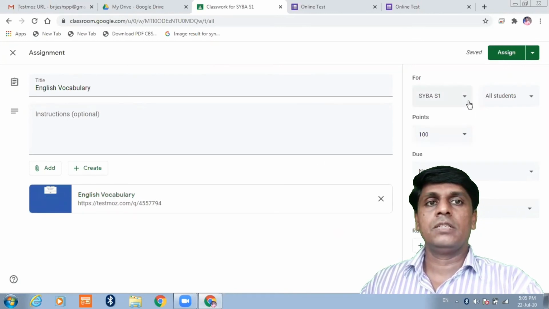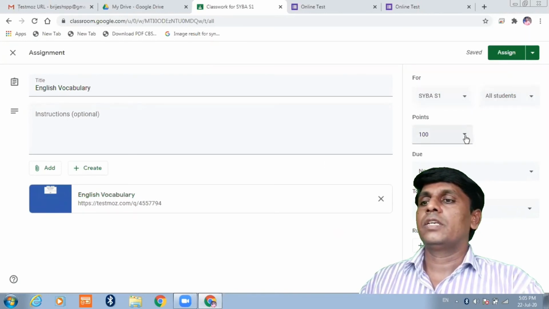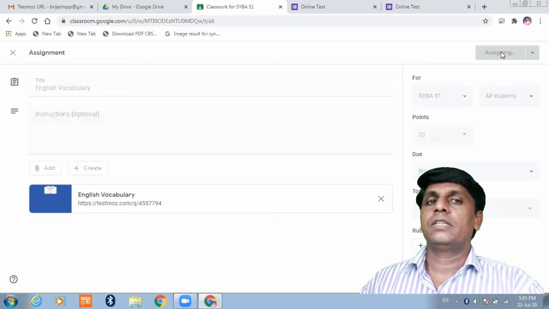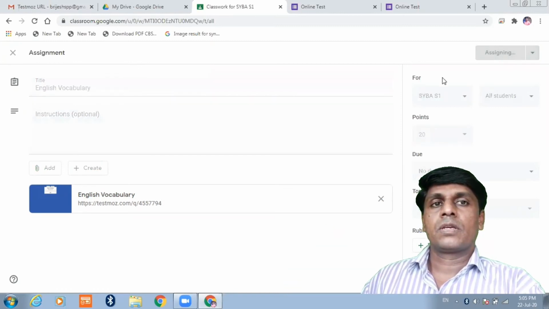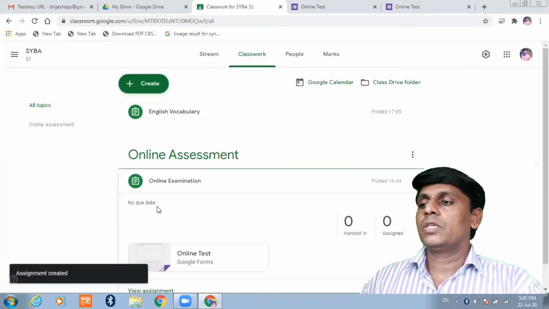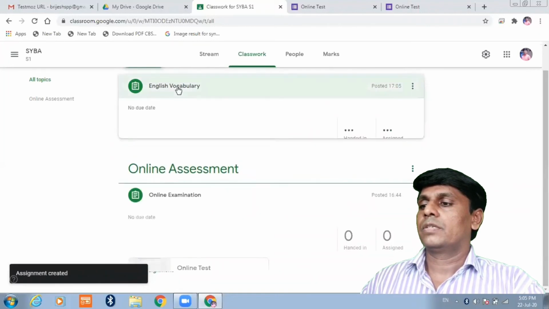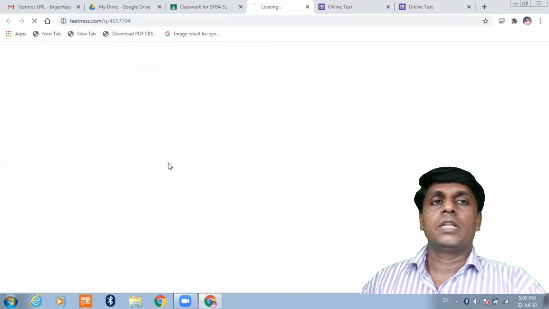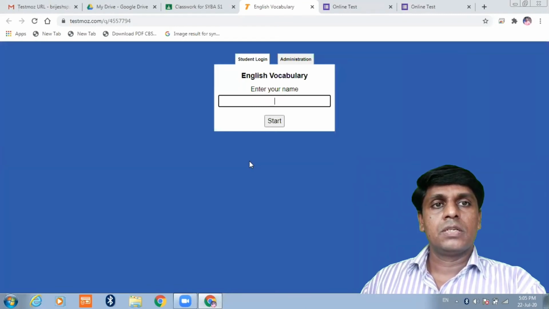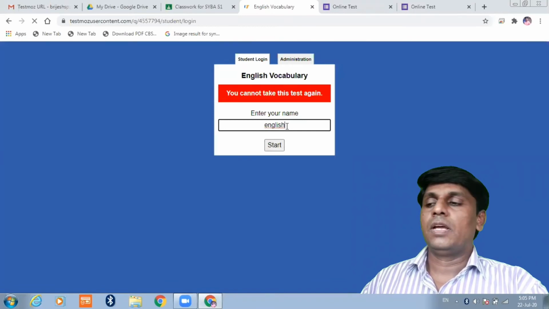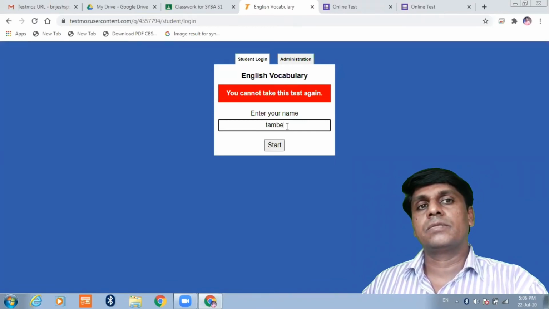Again the same setting you have to do, and you have to assign here. If you assign from here, in the same way students will go to the set test, English vocabulary. They will open it, they will appear for the test and they will submit it.